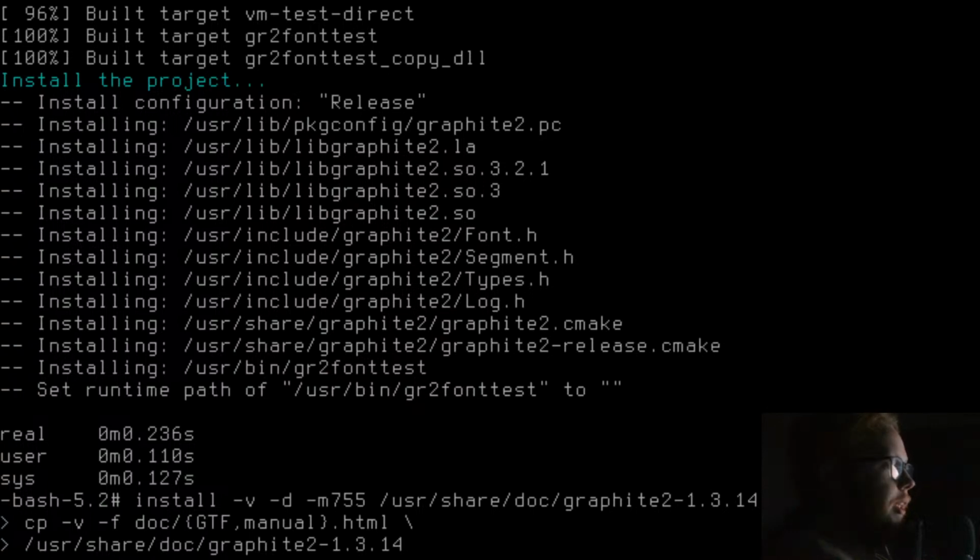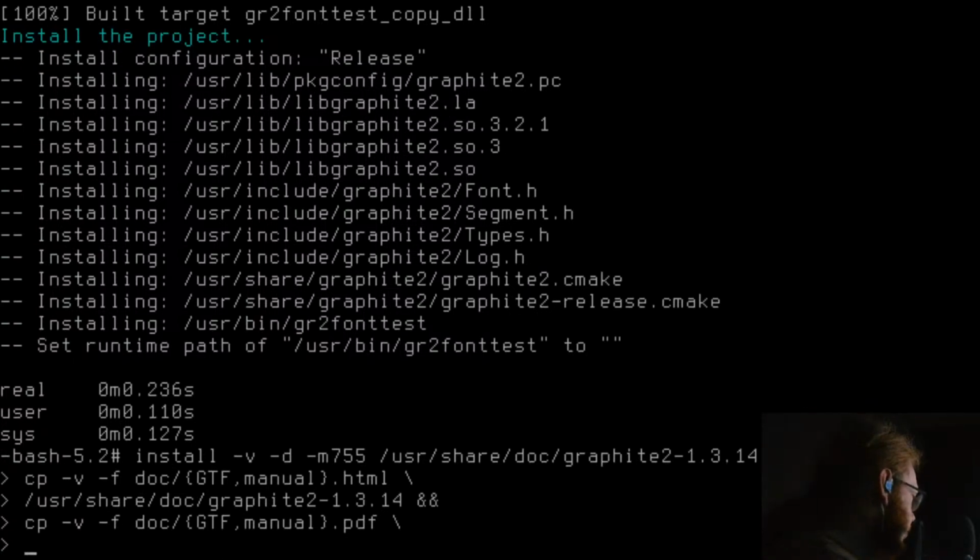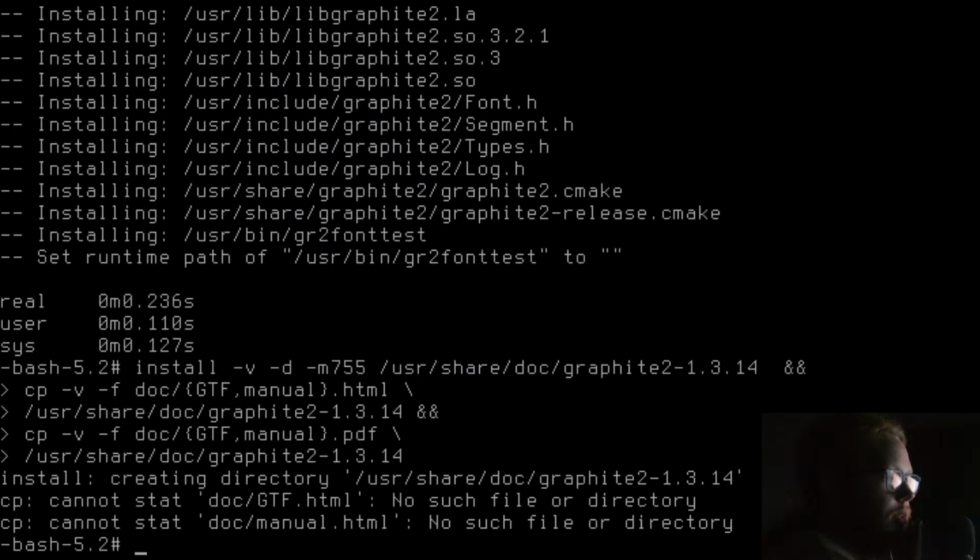And I really hate myself for doing this. GTF, yes. And cp -v -f doc/{GTF,manual}.pdf /usr/share/doc/graphite2-1.3.14. Enter.